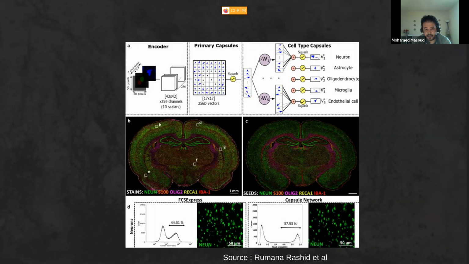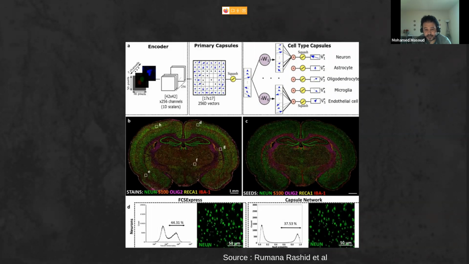So this capsulation uses in each neuron a complete vector of features. And the result comes out in a more accurate classification model.